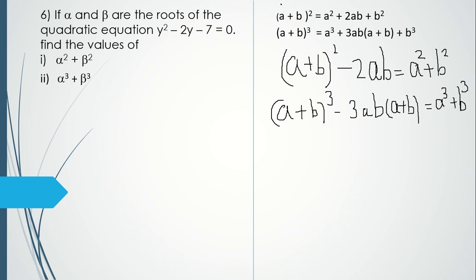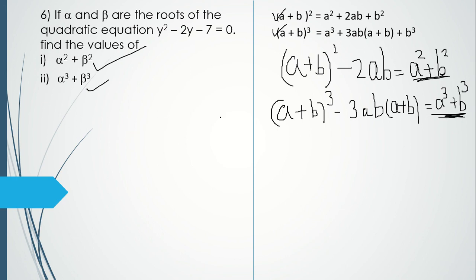Okay, what have I done? See, these are the two formulas that we have learnt last year in 8th standard. These two formulas I have just rearranged because I want to find out what is alpha square plus beta square, and what is alpha cube plus beta cube. That's why I have rearranged the formulas according to my convenience. Now alpha square plus beta square, I will expand it using this, it is going to be alpha plus beta the whole bracket square minus 2 times alpha beta. This formula I am going to use.